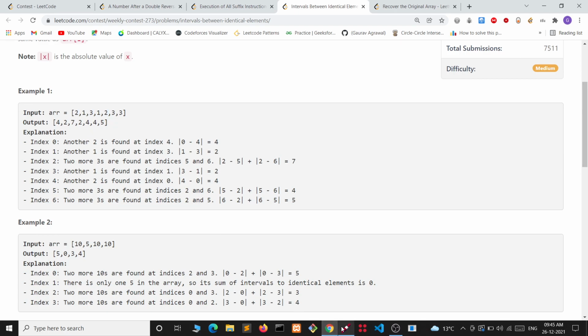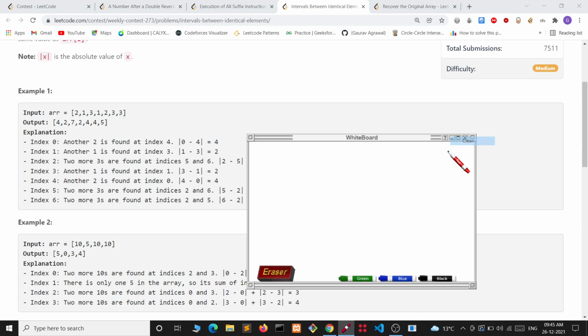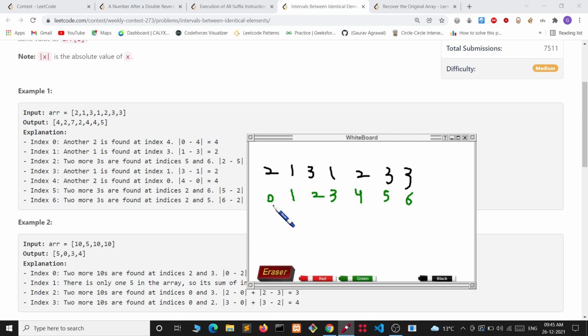Let me draw it. We can see that these two elements are common and these three elements are common